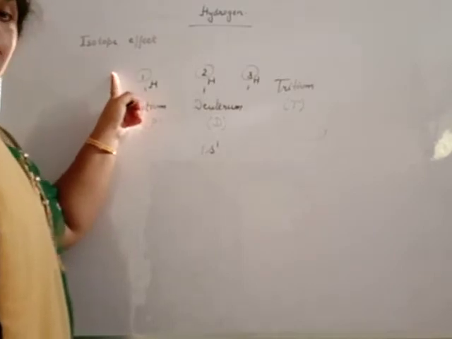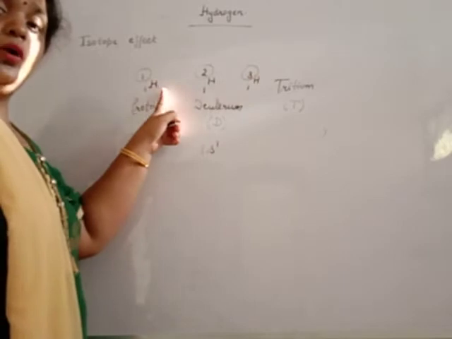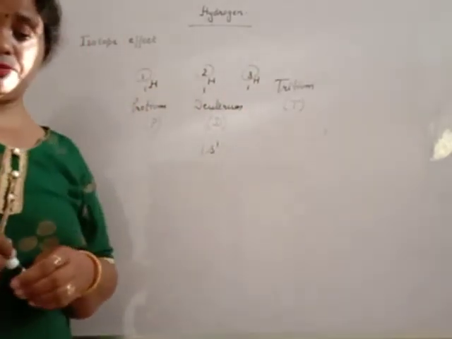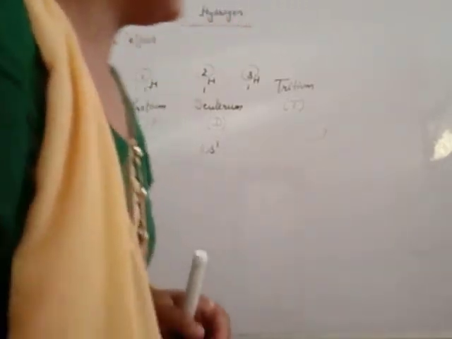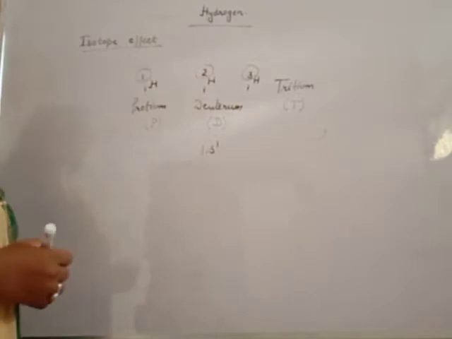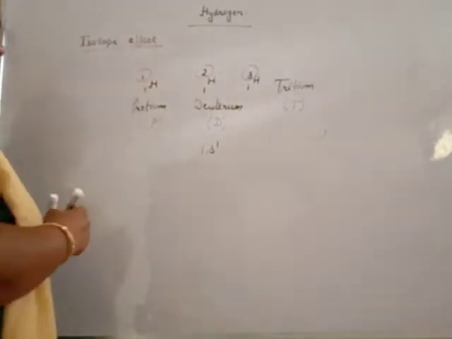Those properties which are different due to different atomic mass, or due to isotopes, that effect is known as isotope effect. It means some properties are different due to different atomic mass, and this is known as isotope effect. Beta, for example,